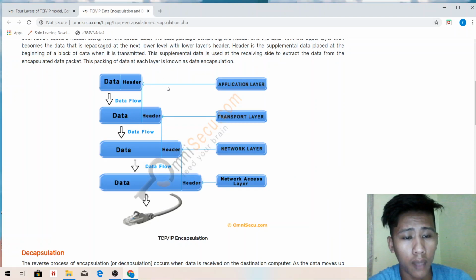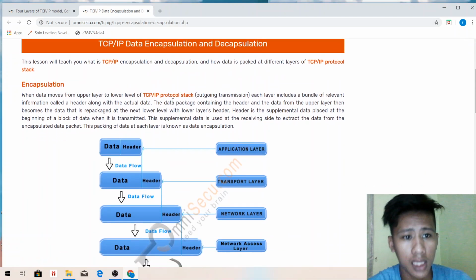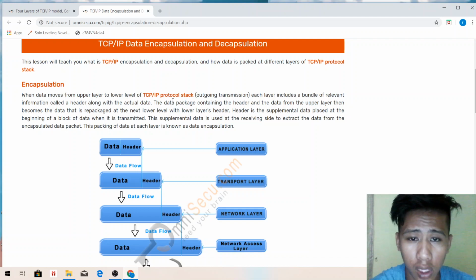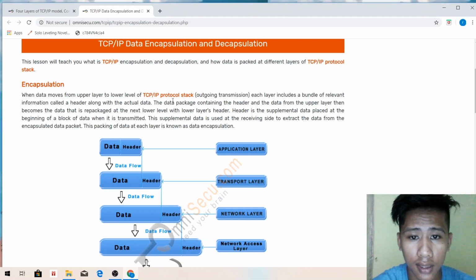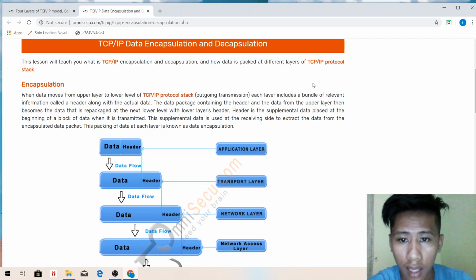Now we're going to talk about TCP data encapsulation and decapsulation. In encapsulation, when data moves from the upper layer to the lower layer of the TCP/IP protocol stack, each layer includes a bundle of relevant information called a header along with the actual data. The data package containing the header and the data from the upper layer